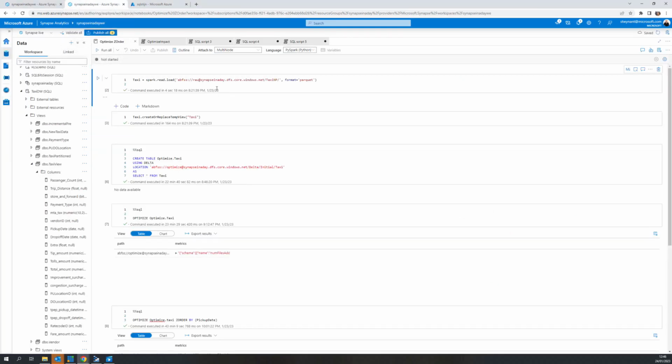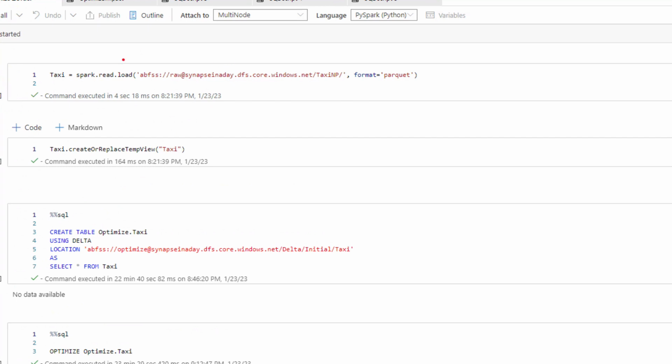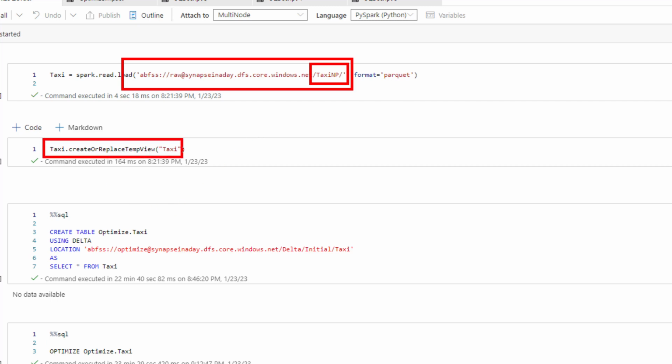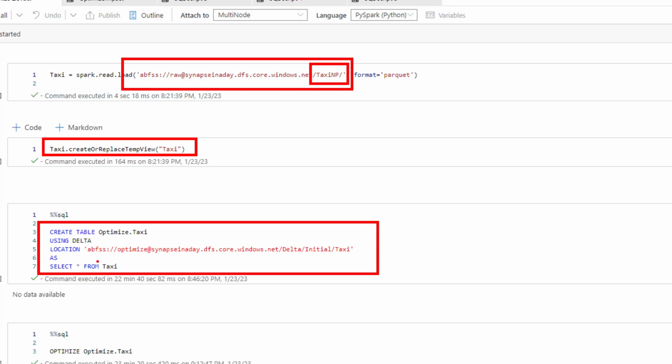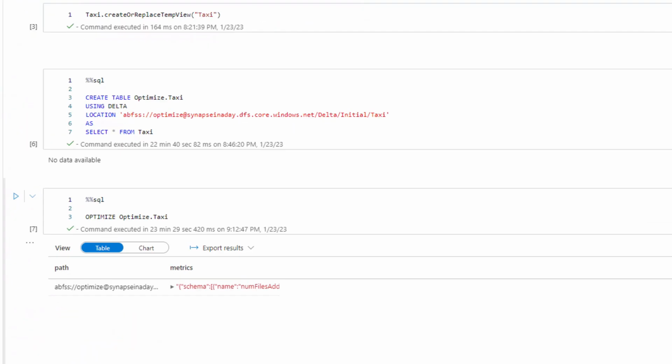So here I'm just loading in a Spark based table, which is taxi.mp, which is about 1.4 billion rows. I create or replace the temp view out of it, and created a delta table out of it using that specific table. And this is my unoptimized data table. So I basically took a backup, put it somewhere else in storage, copied it there,